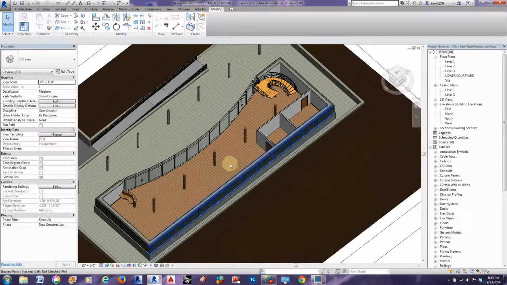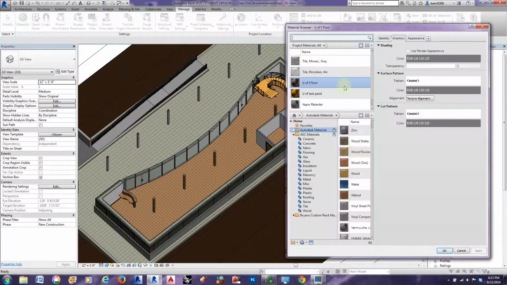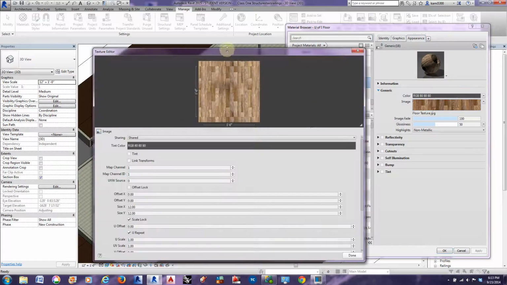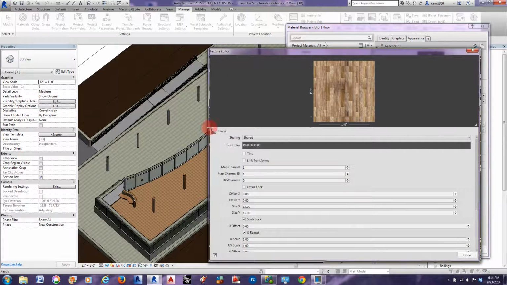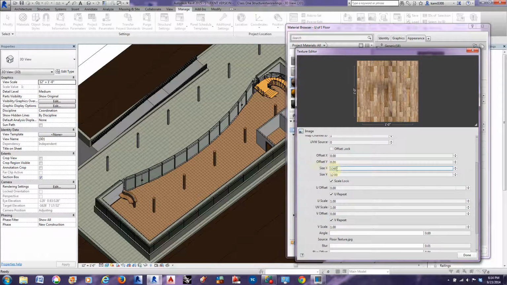Even worse than the other one at the moment, but we're not done messing with it. So we're going to go back to our Manage tab and click Materials, and it should open up to that material that you last were editing, and we can start to change it. So this particular image, it's the X and Y sizes that we want to manipulate because this tile is too small. So we can change that to, and this is reading in inches, by the way. Yours might look different than mine,